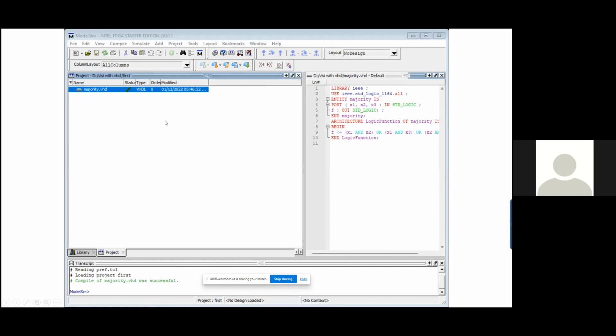So whatever code I showed you earlier, library IEEE, if you remember, the same code I have pasted here, compiled it, and you observe that no error has been found. If you make any mistake, the information related to the error comes there.